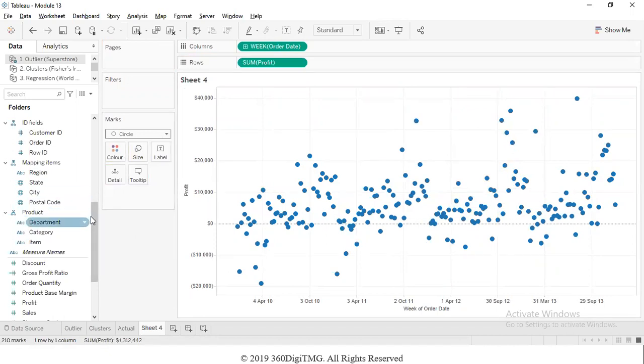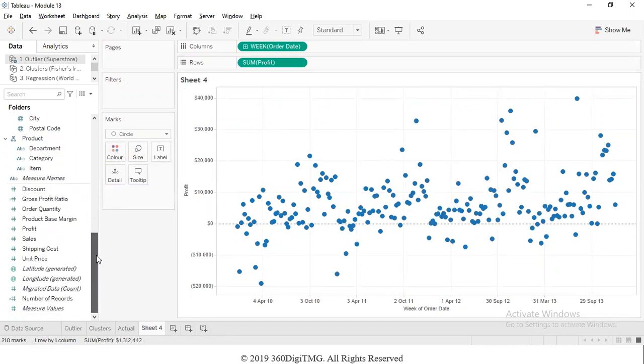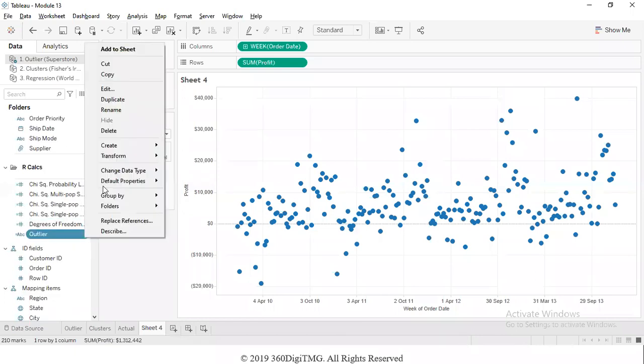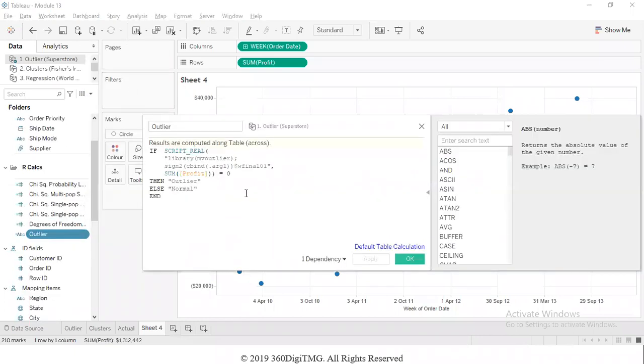Okay. So for that, Tableau will be able to communicate with R only through calculated fields, not beyond that, only through calculated fields. So we'll go and create a calculated field. Now, what is it that we are sending as input? One argument. What is that one argument? Sum of profit. We want R to use the library, the package MV outlier, and tell us whether the data point is an outlier or is it a normal data point.